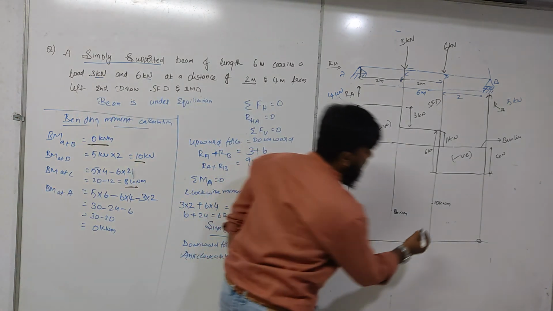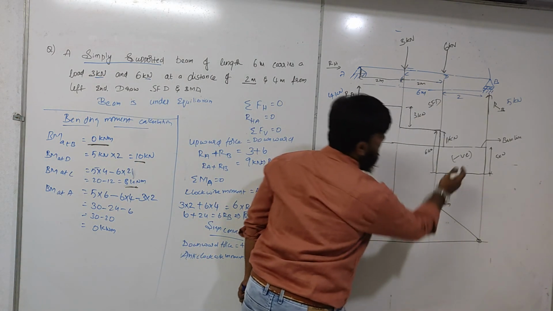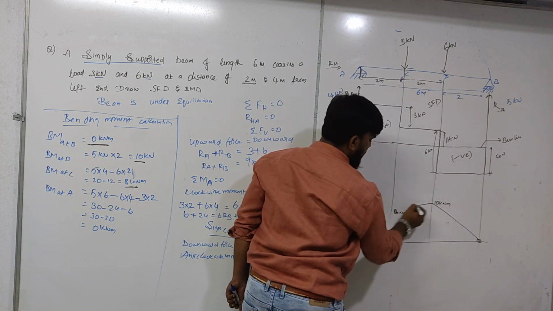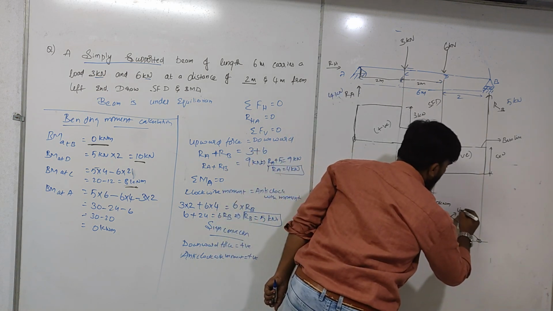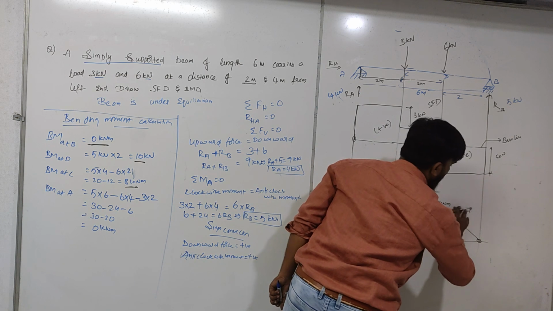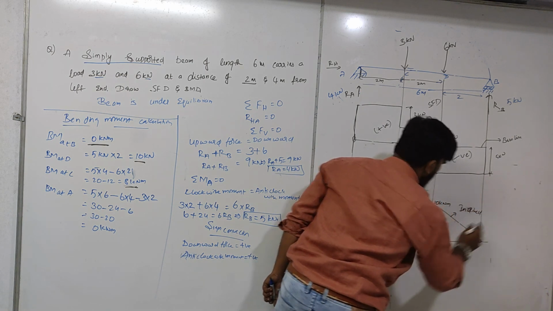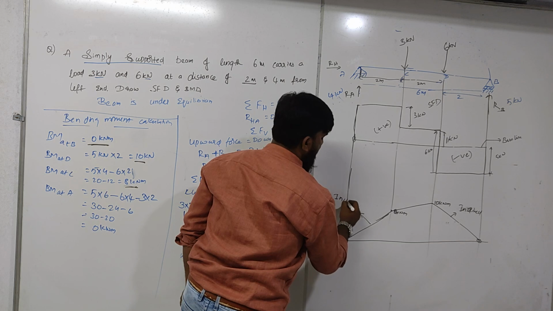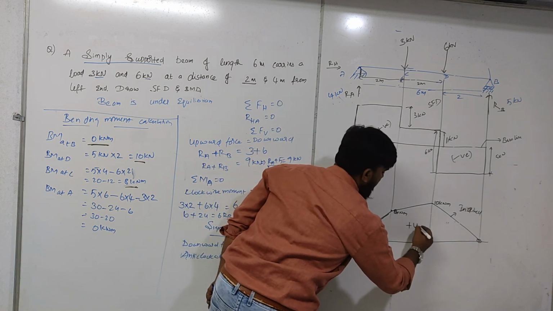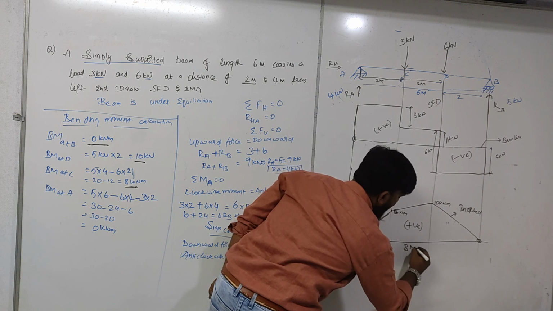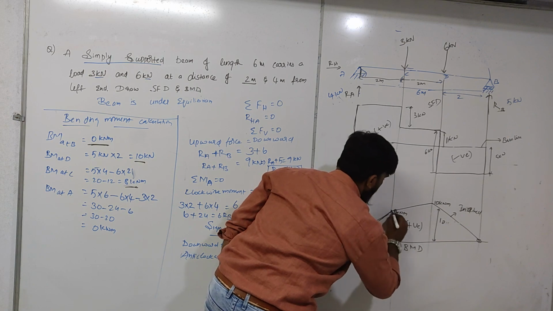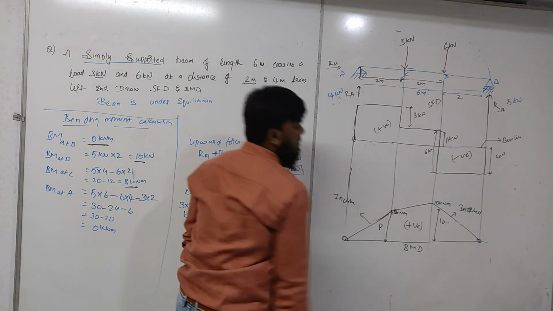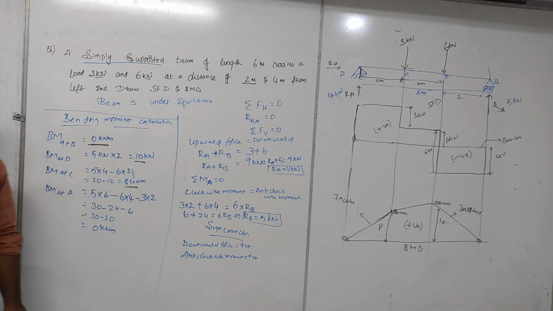If you join these values, since these are straight lines, this will be an inclined line. I will try to generalize this at the end of the session. So you have to write that these are linear or inclined lines. This is also an inclined line. So is this positive or negative? This is obviously a positive bending moment diagram. This length is 10, this length is 8. Done? So this is your bending moment diagram. With this we completed this problem also.